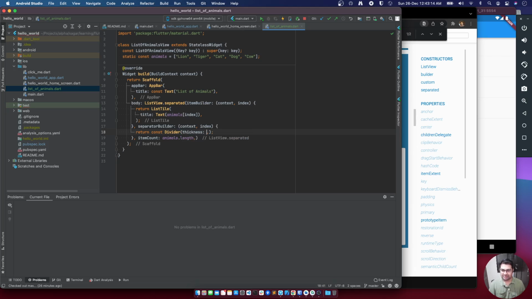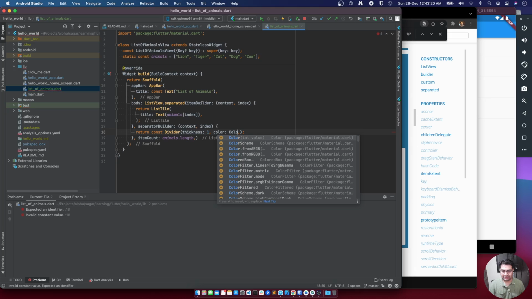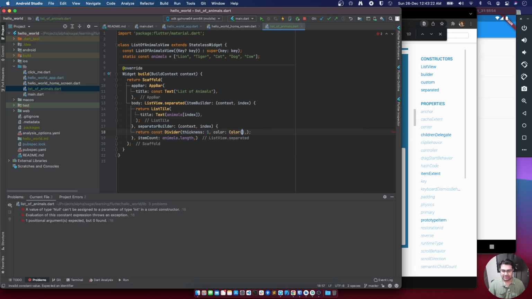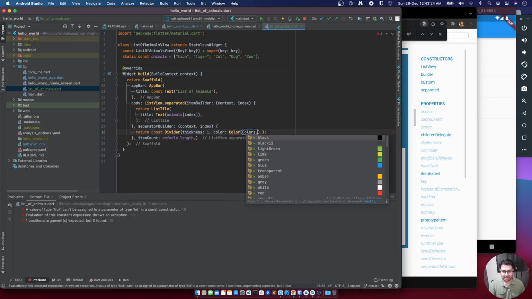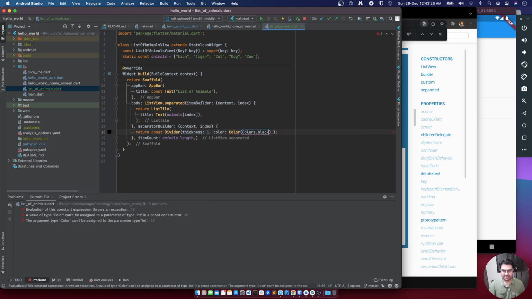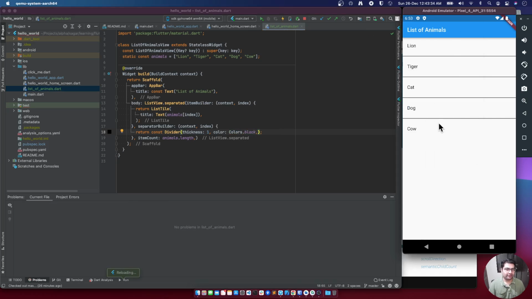Let's specify the thickness 1, and then for the color we can specify Colors.black, like this. No, okay, maybe like this, Colors.black, and we're good here. Now we can see the separator as well.